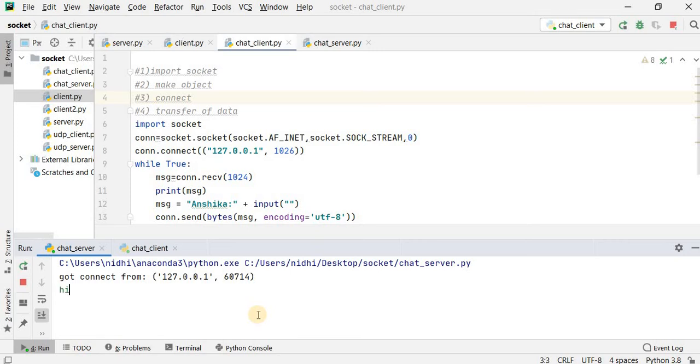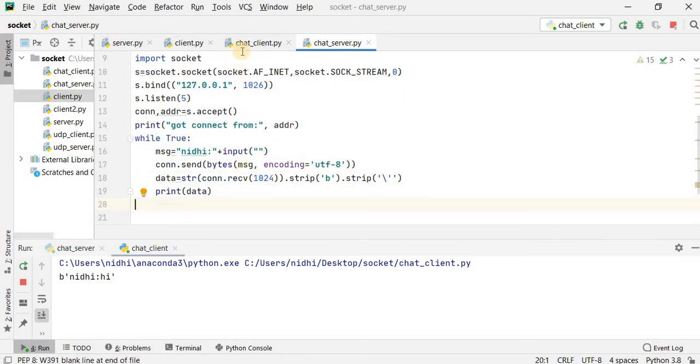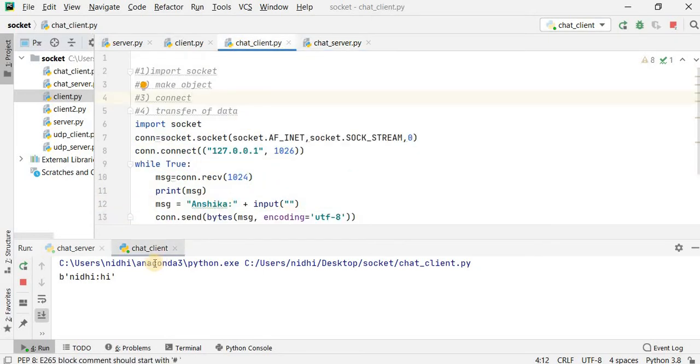After maintaining the connection, I have to initiate a message hi, and you can see the server is Nidhi, and the client is Anshika. The first message is initiated from the server, that is hi, so Nidhi is sending a message to Anshika. So in the terminal of Anshika it says Nidhi hi. After getting the hi from Nidhi, Anshika will send a message, that is hello, and at the server side where Nidhi is residing, it says Anshika says hello to you.